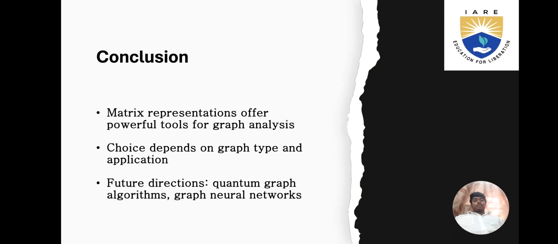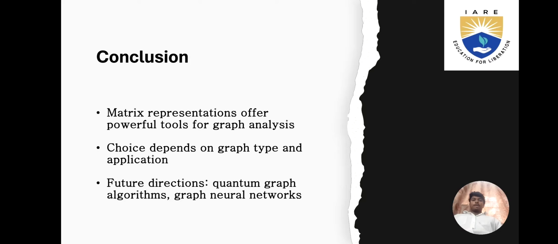And next, we want to conclude that matrix representation offers powerful tools for graph analysis. The choice depends on graph type and application. Future directions: quantum graph algorithms, graph neural networks, and